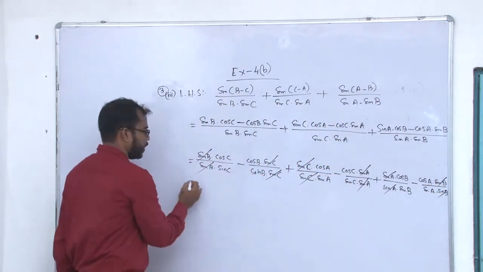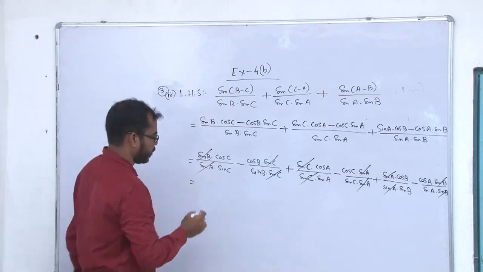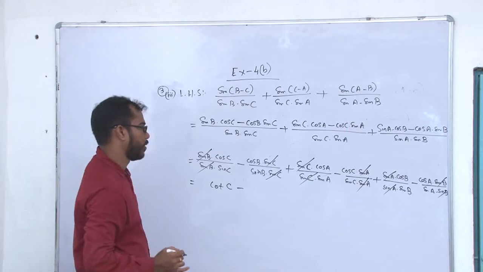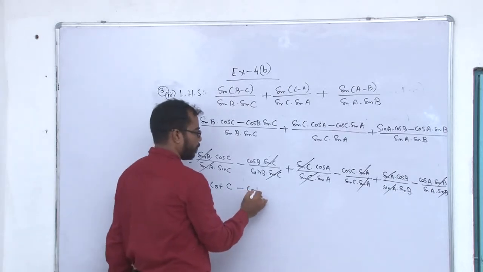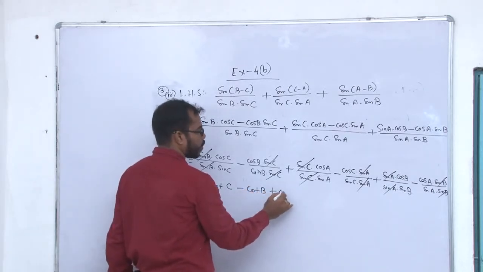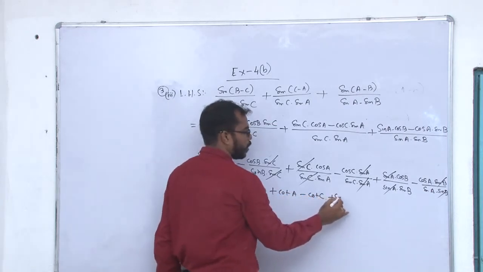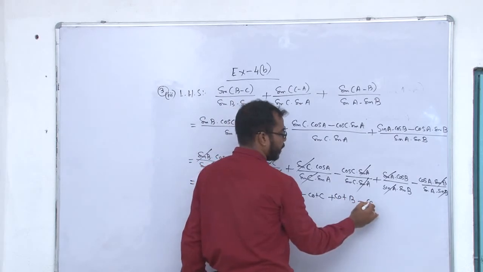So here you can write cos c by sin c, that is cot c, minus cot b, plus cot a minus cot c, plus cot b minus cot